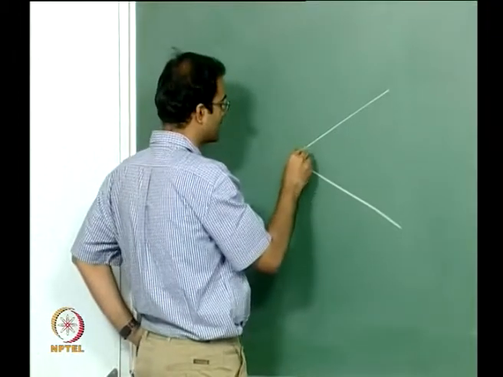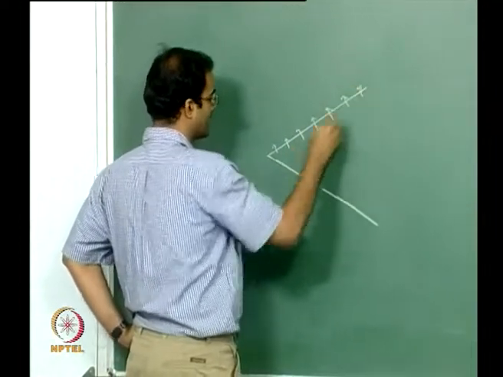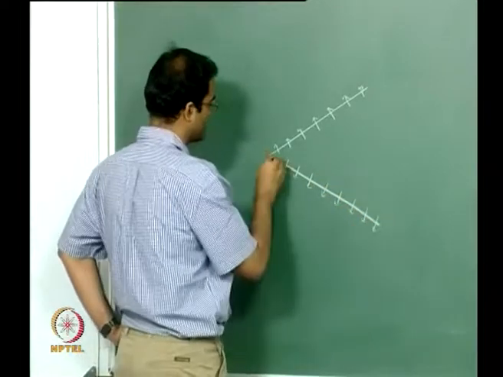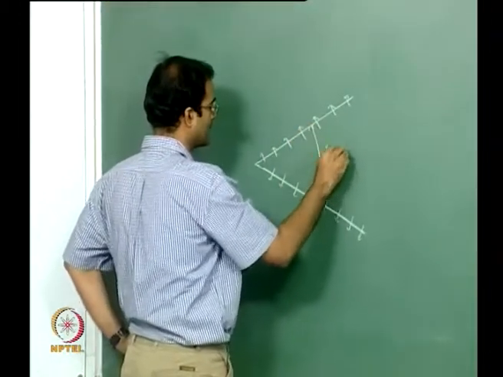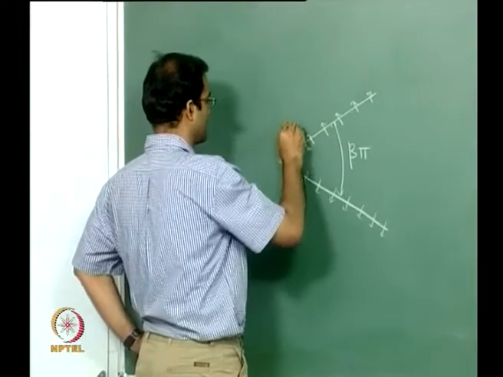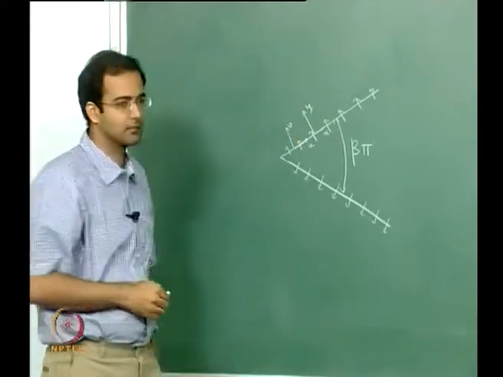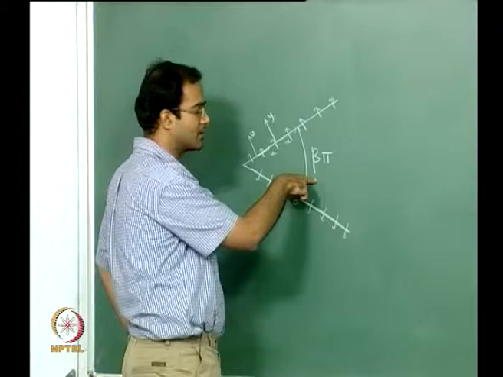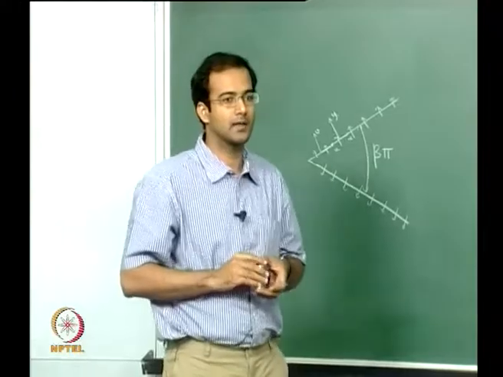Okay, so that means you allow some kind of vertical velocity which could penetrate through the walls of this wedge. Okay, so this is basically your wedge angle beta pi. Okay, and your coordinate system is, this is your u velocity, v velocity, and this is your x and y. Alright, the limiting case of m equal to 0 leads to beta equal to 0, for which you have the flat plate case where you have transpiration from the walls of the plate.